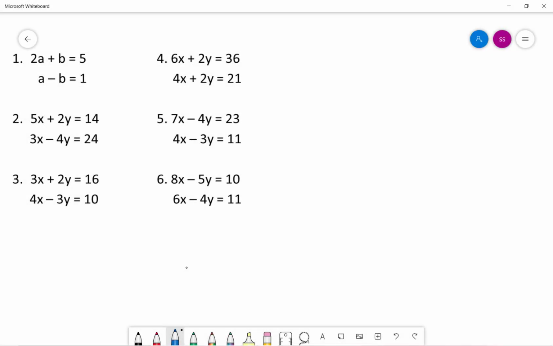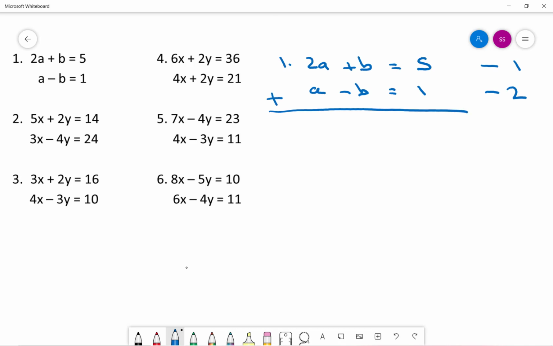So here are the solutions to exercise 5.6. For question 1, we've got 2a plus b equals 5 for equation 1. And for equation 2, we have a minus b equals 1. Well, the b terms here are almost the same. So if we decided to add equation 2 to equation 1, we could get the b terms to cancel. So 2a plus a gives us 3a, plus b plus minus b will cancel out, and then 5 plus 1